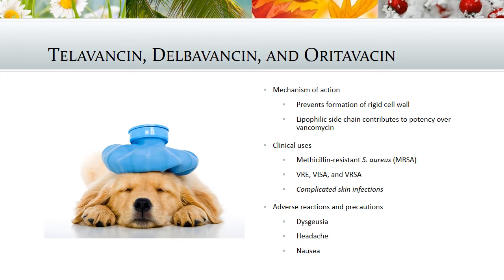Telavancin, dalbavancin, and oritavancin. These work by preventing the formation of the rigid cell wall in bacteria. They have a lipophilic side chain that contributes to potency over vancomycin. Clinically, they're used in cases of MRSA as well as VRE, VISA, and VRSA. They're also used in complicated skin infections. Adverse reactions include headache, nausea,